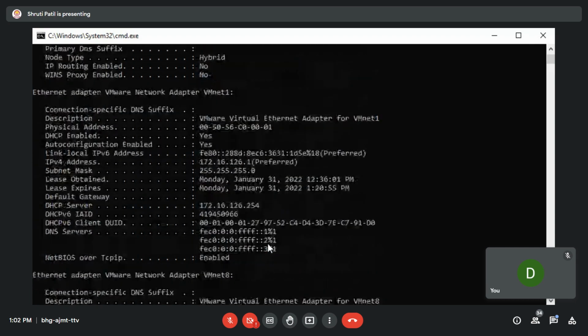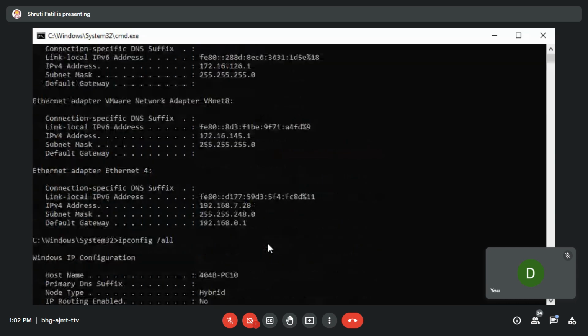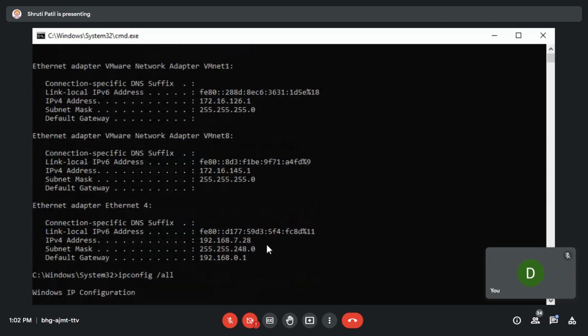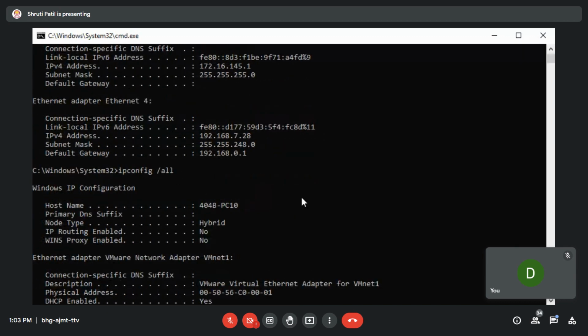Okay, so you can use ipconfig /all. So it will show you all the